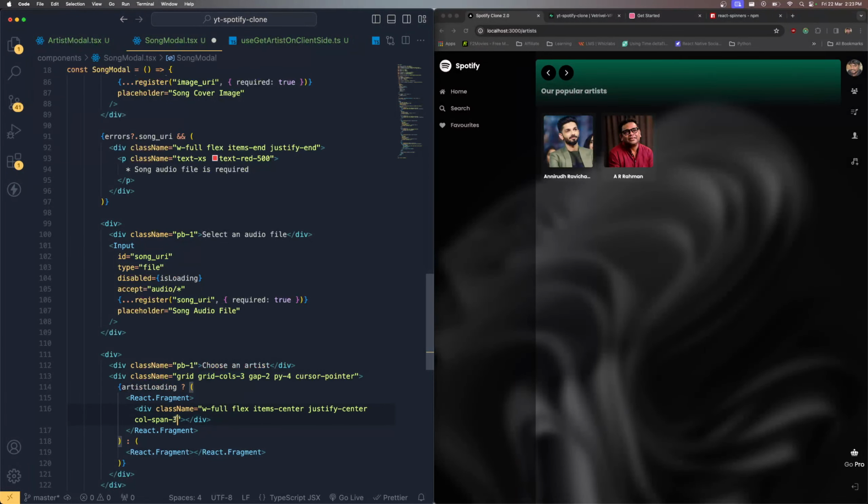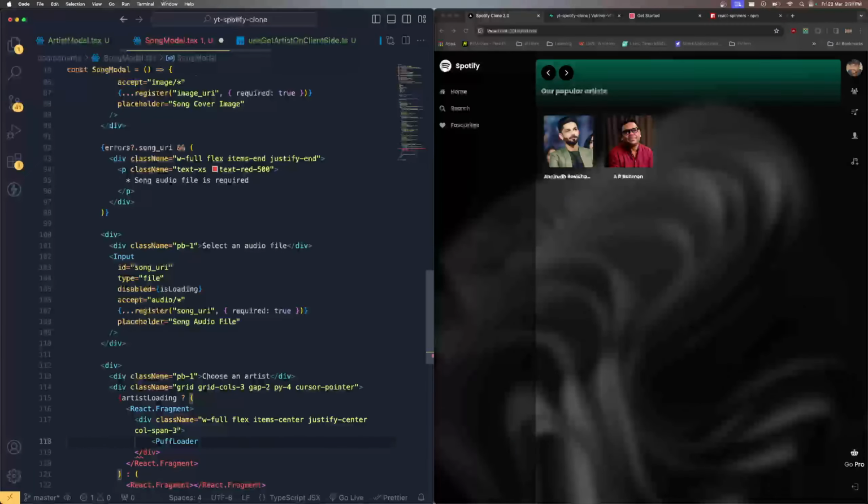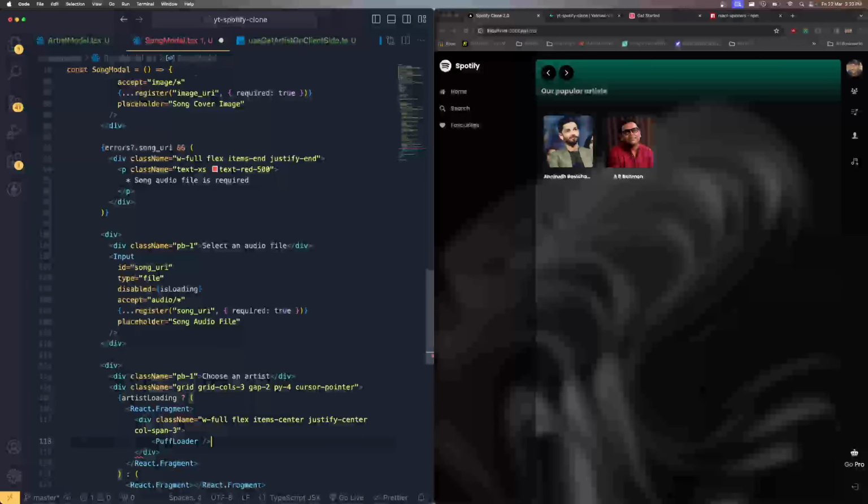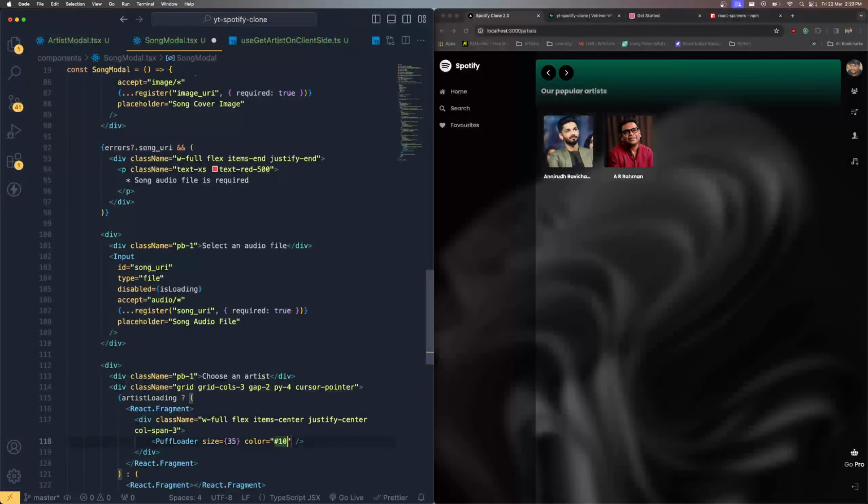So I need to make sure it's occupying all 3 columns. Then inside here I'm going to bring the PuffLoader, which is coming from react-spinners, and I'm going to pass the size as 35. The loader animation is going to be 35, and the color of the loader animation is going to be hash 10b9